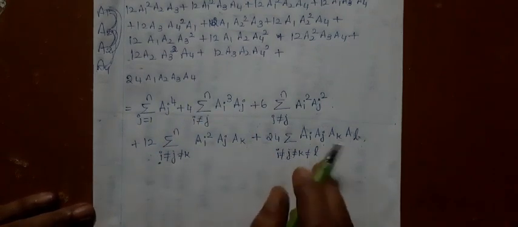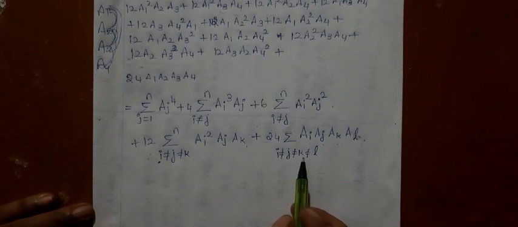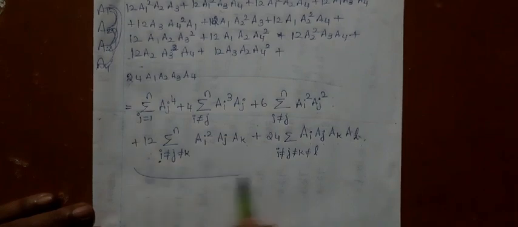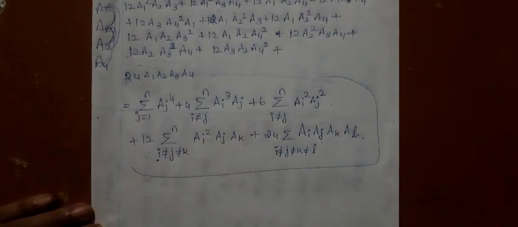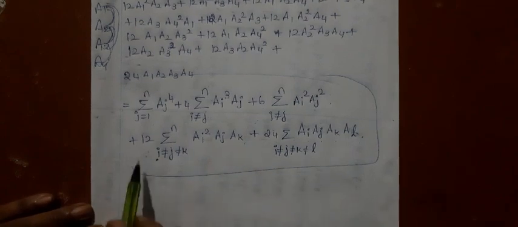See, this is a simple example with 4 terms. If I have 5 terms raised to the power of 4, I will have other combinations also. So I have written summation over i not equal to j not equal to k not equal to l of ai aj ak al. So this standard result, we are going to use in proving the strong law of large numbers. Okay. So do the derivation with paper and pen, pause the video, understand and justify that you are getting this structure. Okay, thank you.